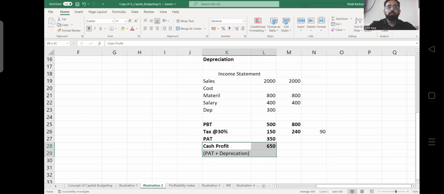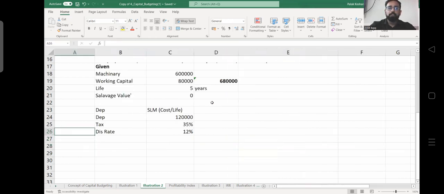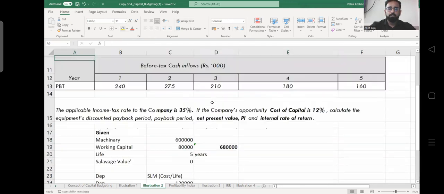Is it clear? So here we have to calculate the cash profit, and this is going to be the final profit for which we will be calculating the present value, right? We have to calculate the present value of this amount, right? Is it clear? Okay, so hopefully you understood this concept. Now what I will bring,